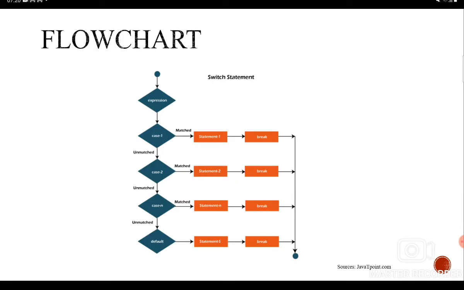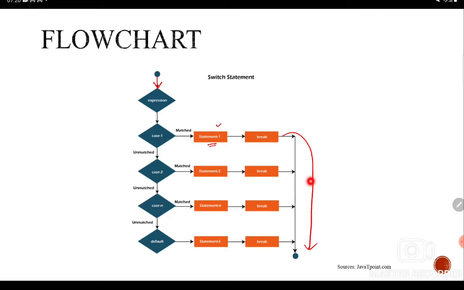Now, if we look at the switch statement flow chart, you will see there is an expression given as an input, and this expression will be analyzed against different cases: case 1, case 2, case 3 and default. If case 1 is matched, it will execute statement 1 and break, which will come out of the switch block.